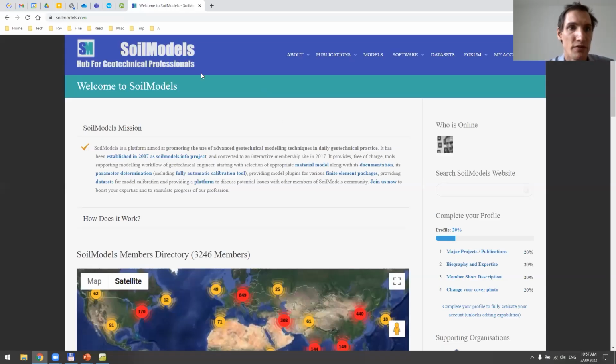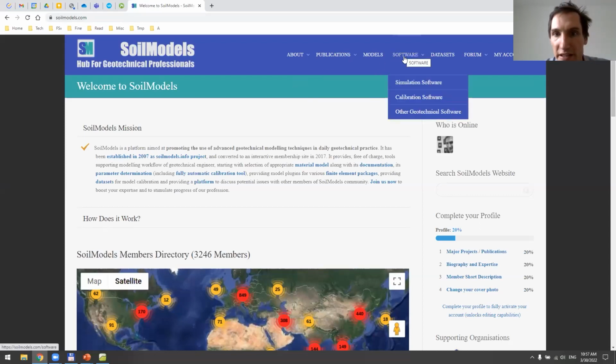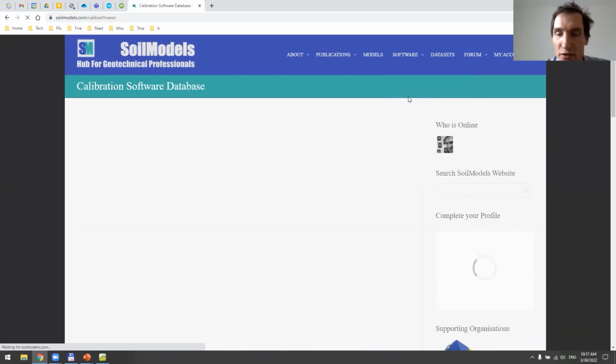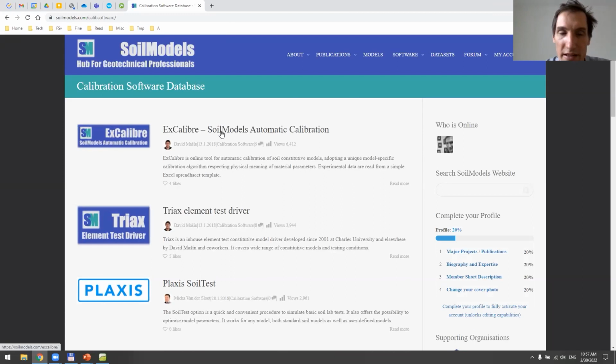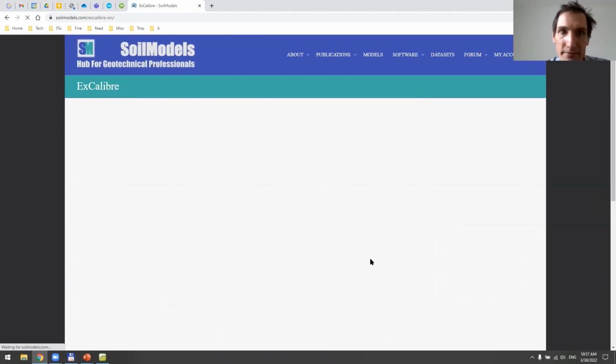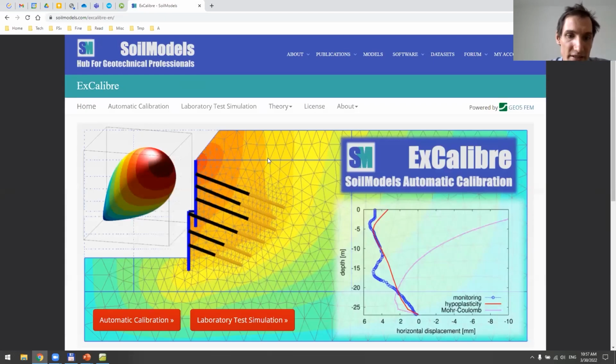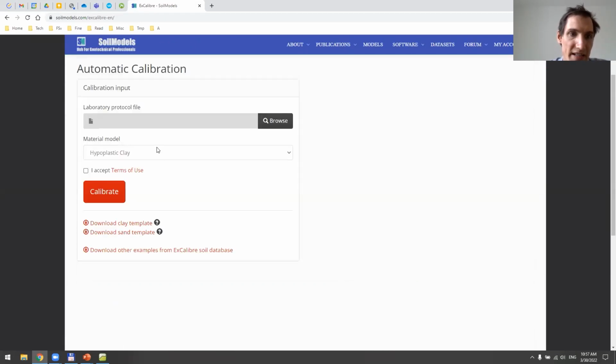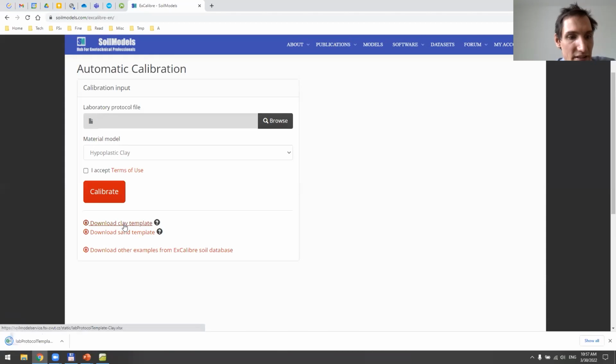this website. If you go to the soil models website, it's hosted over here in software, calibration, and you have to create an account and log in. If you go to Excalibur, you can read about what it does. And finally, you open it over here. You can go to automatic calibration, which basically works like this. You first download a protocol, which is an Excel